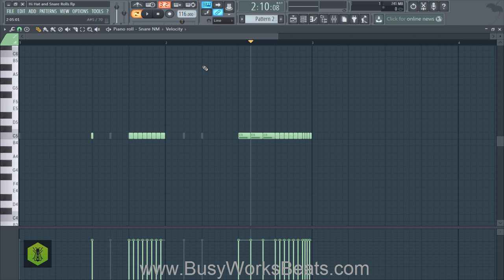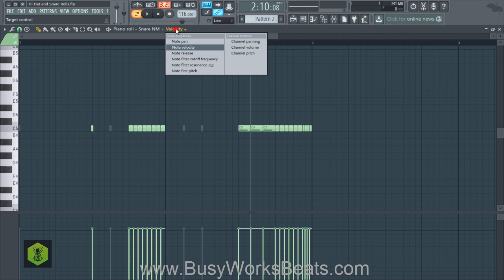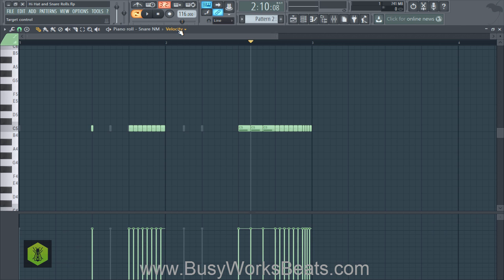So let's get into the FL Studio functionality as far as the parameter screens. Now you can do the same thing using automation in your given DAW. What I'm going to do is just use some FL Studio navigation. But what we have here at the top right are different note properties. You can see we can go to the note panning, and this is going to change these values at the bottom. This is set to velocity. So all these vertical bars stand for the velocity of the snare.